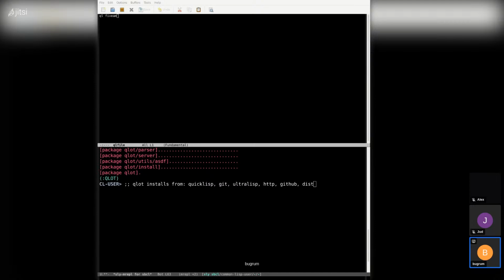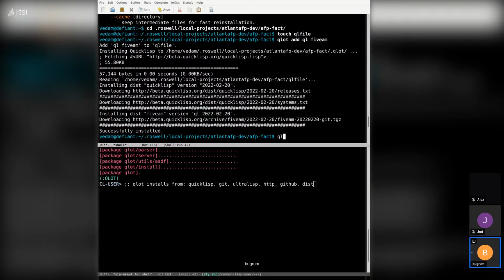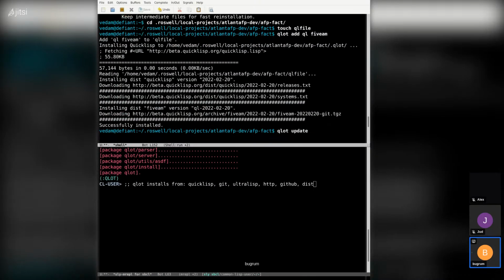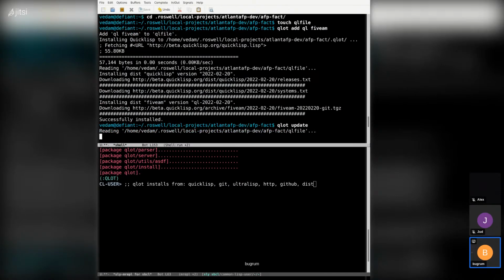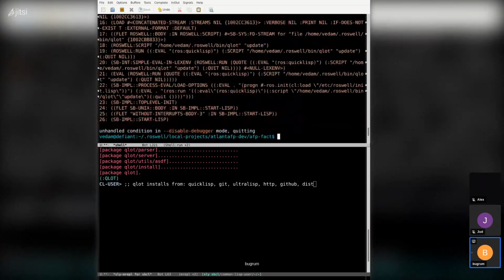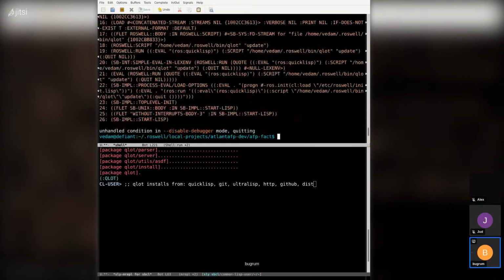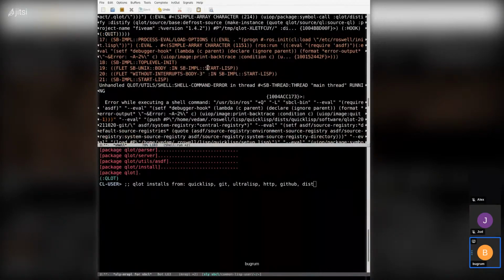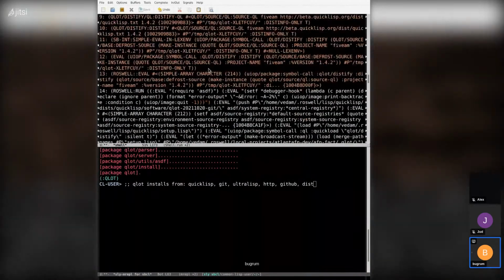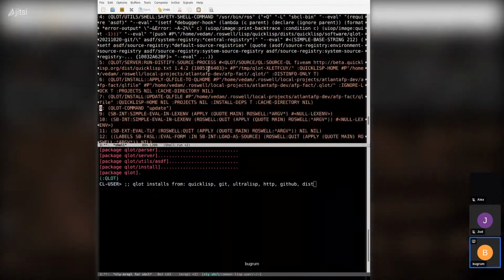When that's all said and done, and when you attempt to use it, there are some discretions. But let's say that we specifically want version 1.4.2. Let's change this up and go back to our shell. We'll run qlot update, which will recognize that we're attempting to grab the latest version. Ooh, okay, we hit our first error. We can't use the GitHub version when we specify version 1.2. We have to use the